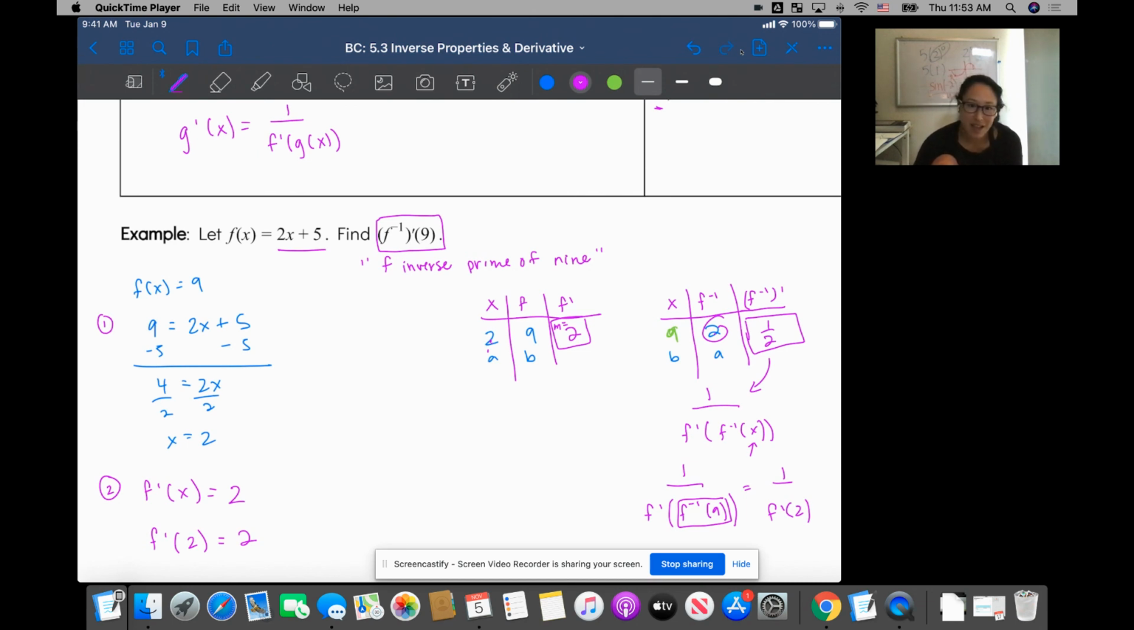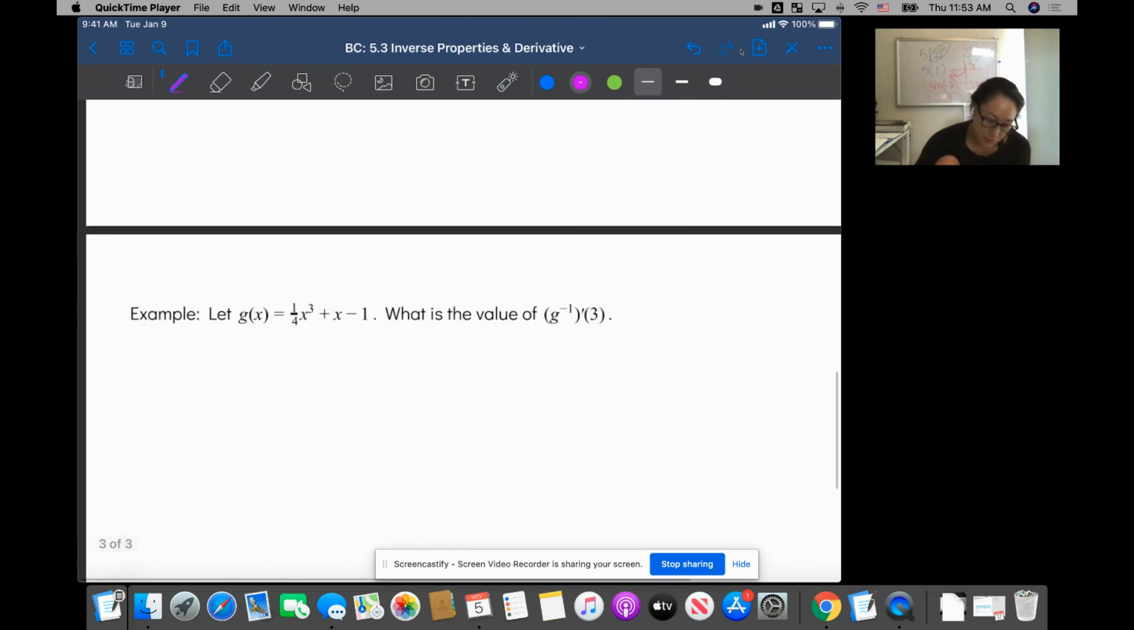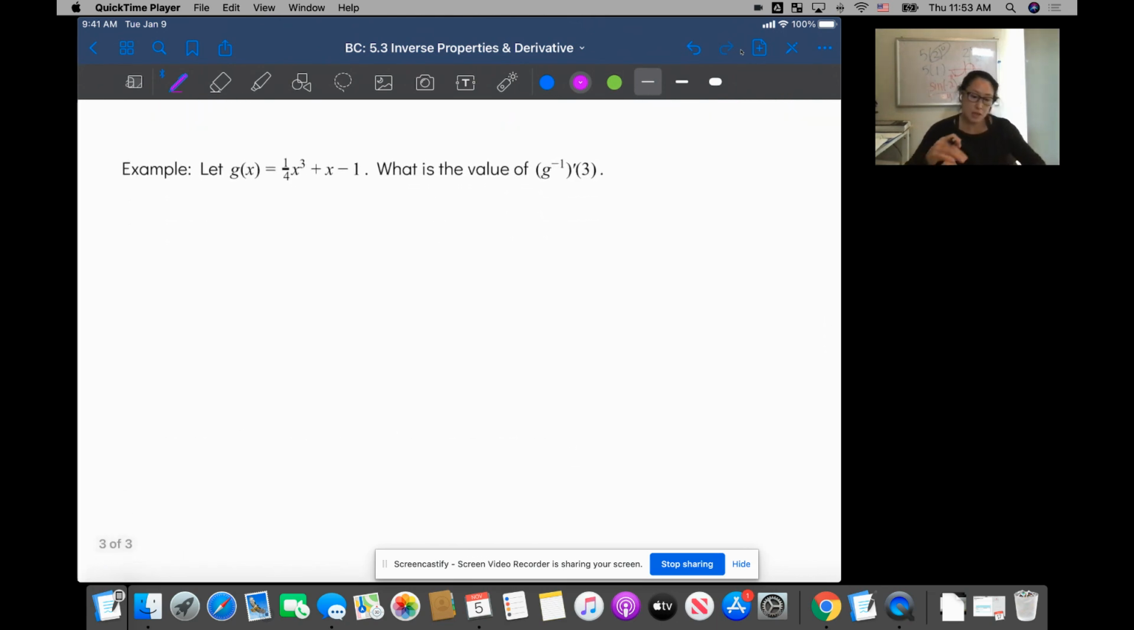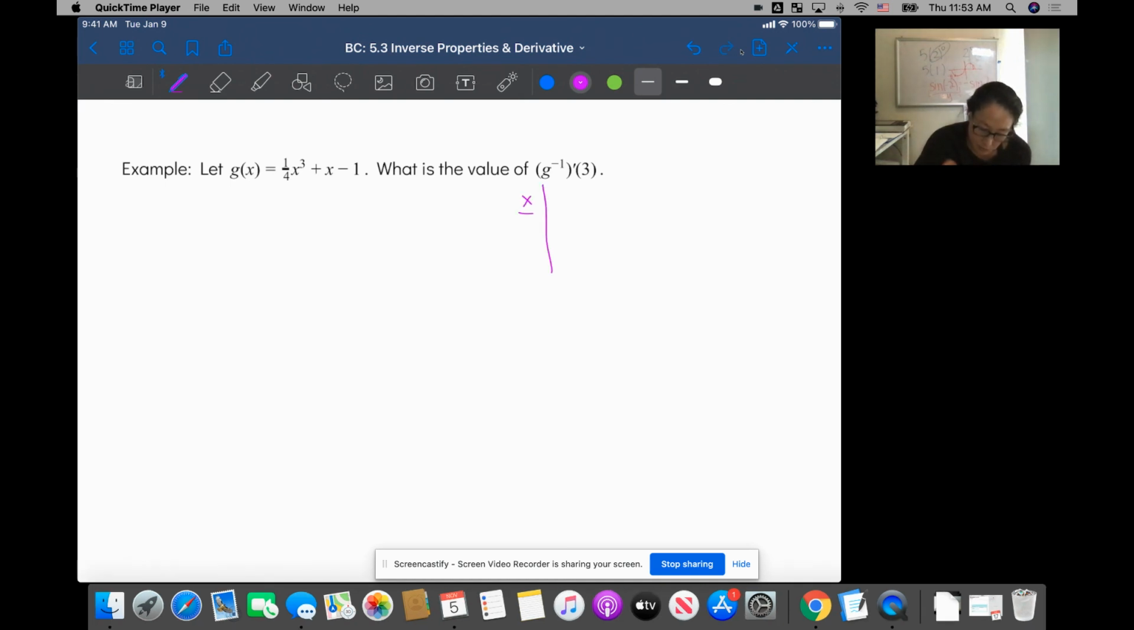So the quick way to do this is I fill out this little table, I get the derivative when x is at the original x, and then I take the reciprocal. Okay, let's do another one. All right, so this time we're going to find g inverse prime of 3. So again, I'm going to build my little table because this is how I save myself. Okay, g prime, and then I have x, g inverse,